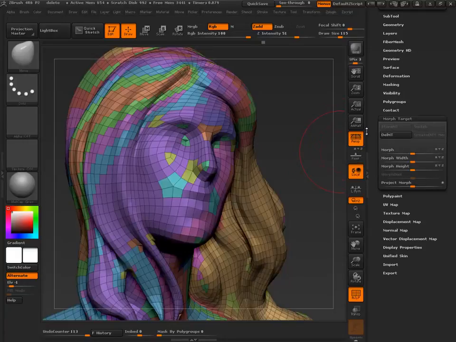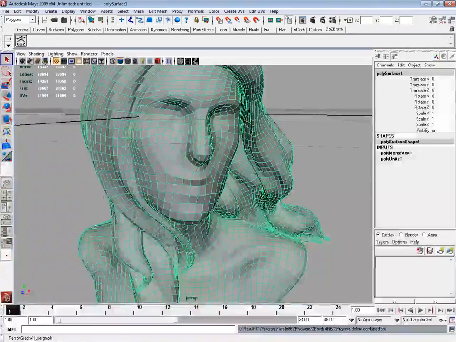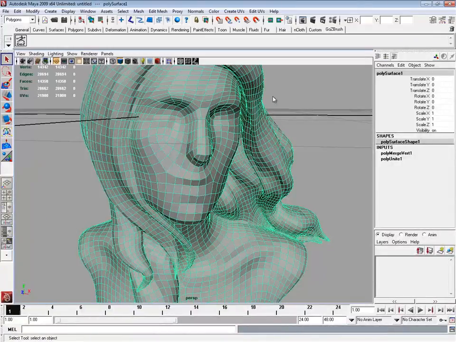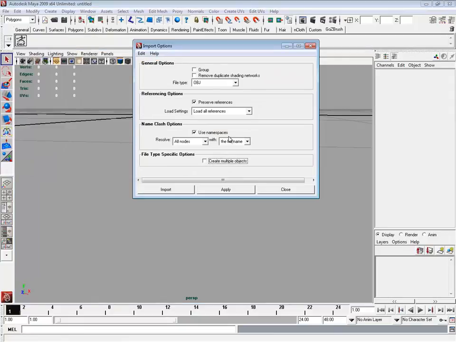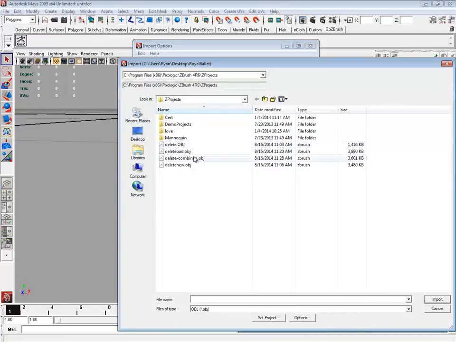You get into so much trouble here, and what I'm trying to do is get you into this next phase where you can see that vert order is really important. And when you change vert order, bad things kind of happen. Let me try one more tactic. I'm going to delete this. I'm going to import, but instead of create multiple objects, I'm going to set something else. I'm going to say group. And we're going to do this one.